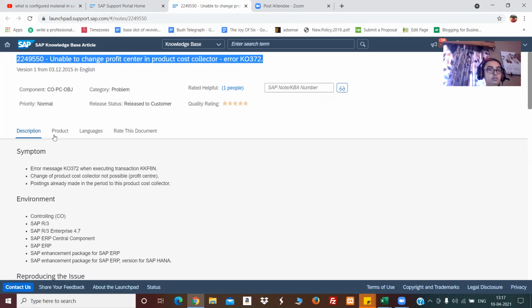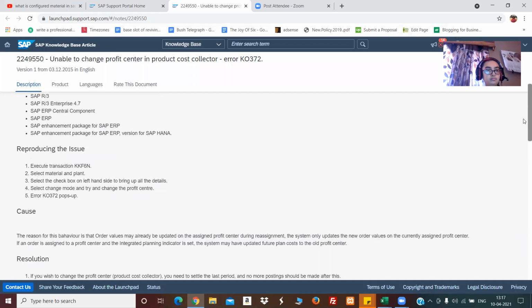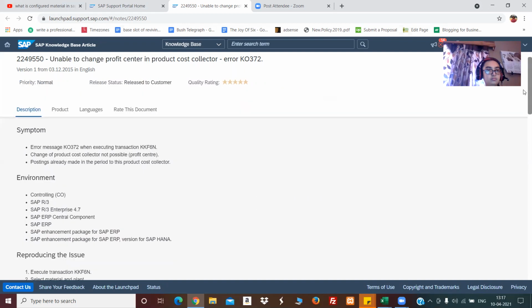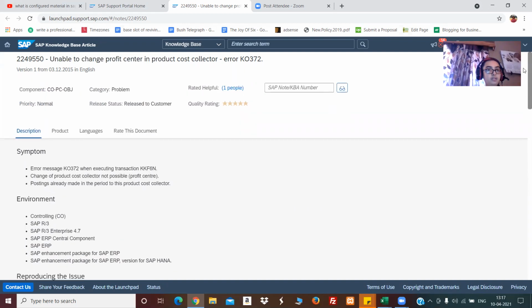Now see, there are many tabs and many things written. I am just scrolling down. The problem is written, and there is also a symptom. The symptom is that I got exactly this error message, that the profit center cannot be changed, when executing transaction KKF6N, and again KKF6N is the product cost collector display.